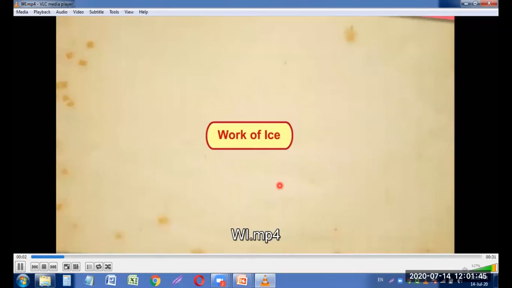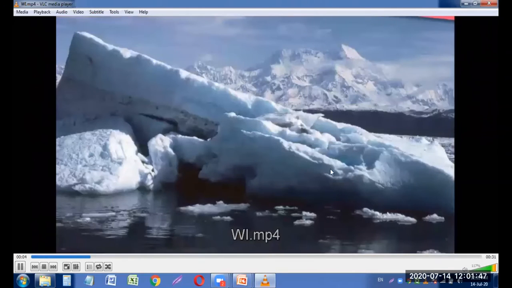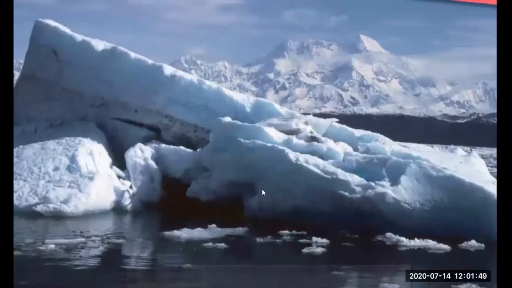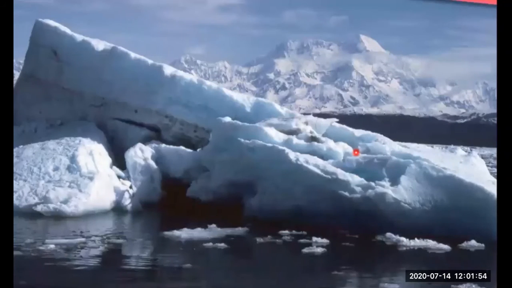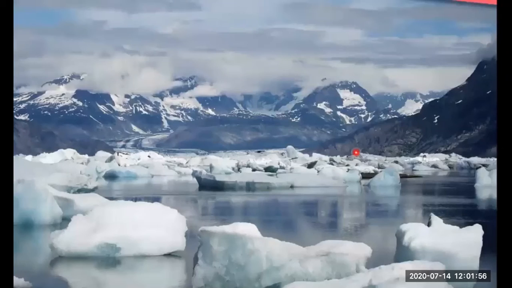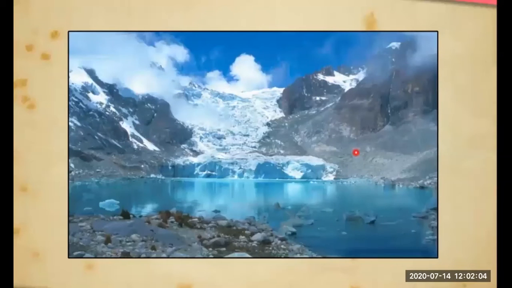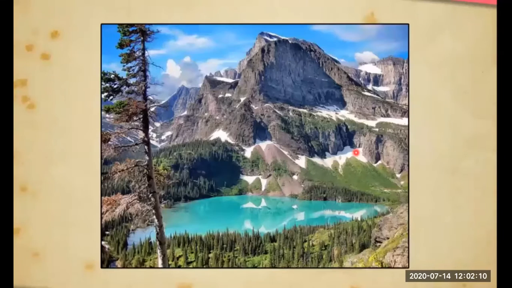Work of ice. Glaciers are rivers of ice which do erode the landscape by bulldozing the soil and stones to expose the solid rock below. As the ice melts, the eroded surface gets filled up with water and become beautiful lakes in the mountains. The material carried by the glacier, such as rocks, sand, and silt, gets deposited. These deposits form the glacial moraines.